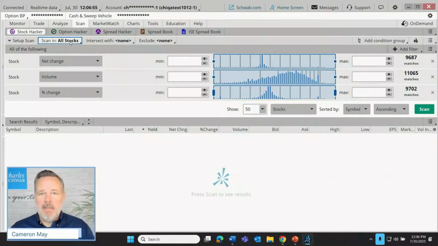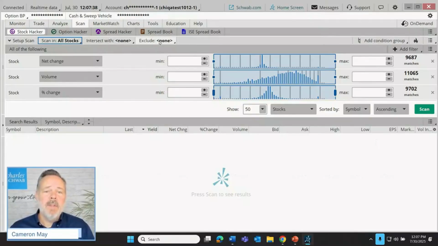Now, additionally, instead of just scanning in one group of stocks, we can put together a Venn diagram. If you know what that is, it's when you have overlapping circles and the shared space in the middle, the overlap, are characteristics that are shared by both circles. But in any case, we can scan in one corner of the marketplace and maybe additionally see if there's an overlapping corner of the marketplace. So for example, maybe a trader wants to scan for stocks that are in the S&P 500, but maybe also those that are in the, I don't know, the Dow Jones as an example. So we could intersect with another corner. I'm not going to be doing that today. Just wanted to point out that that's a possibility.